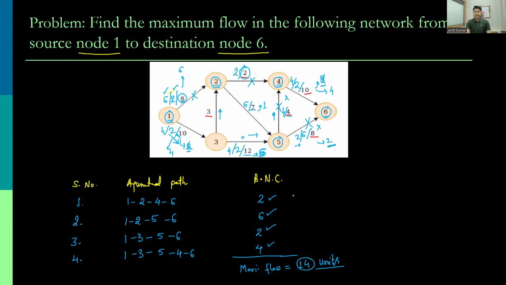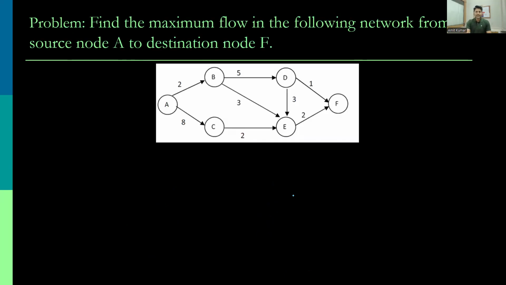Let us take one more problem so that you get more clarity. So over here, we are supposed to find the maximum flow from source node A to the destination node F. In the same manner as the previous one, let us make a table: serial number, then augmented path, and the third one is bottleneck capacity. The first augmented path,